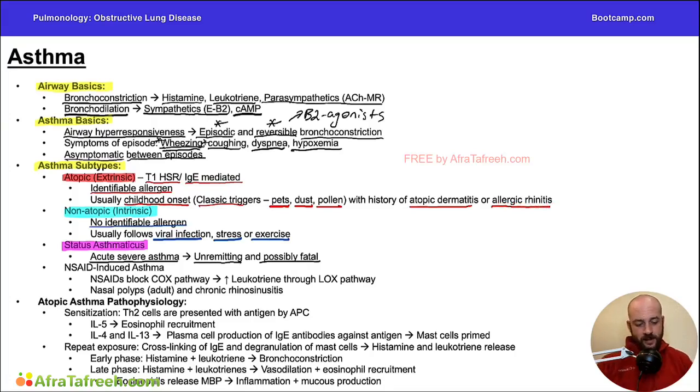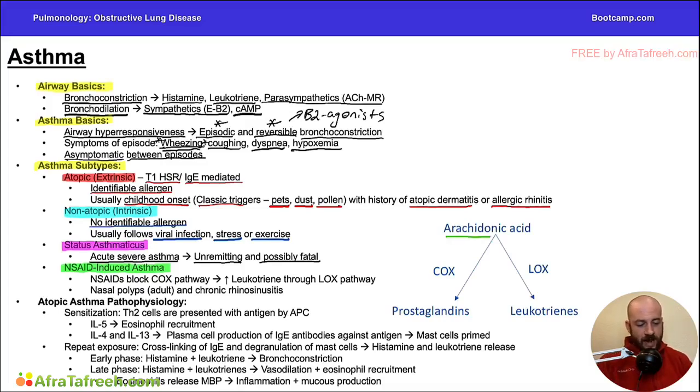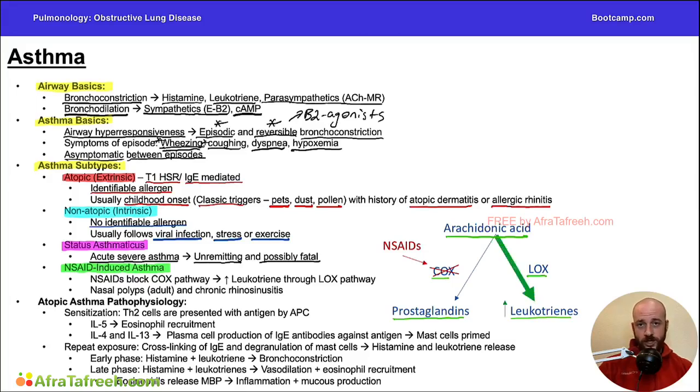And lastly, there is NSAID-induced asthma. So if we just recall the arachidonic acid pathways here, we have arachidonic acid, which can go through the COX pathway to make prostaglandins, or it can go through the LOX pathway to make leukotrienes. And what NSAIDs do is they block the COX pathway, and by blocking the COX pathway, this is going to increase the flux of arachidonic acid through the LOX pathway, and as a result, we're going to get increased production of leukotrienes. So when NSAIDs block the COX pathway, this is going to result in increased production of leukotrienes through